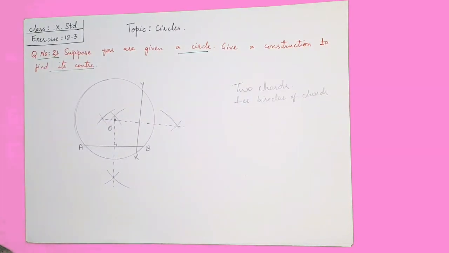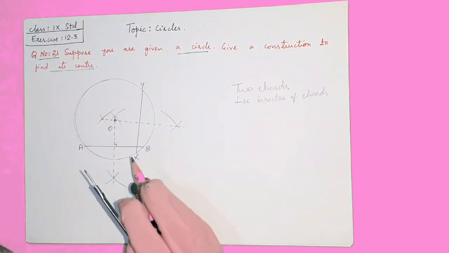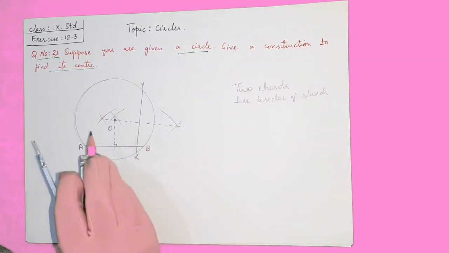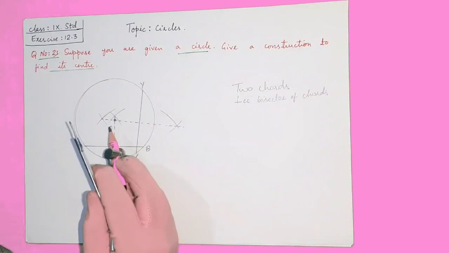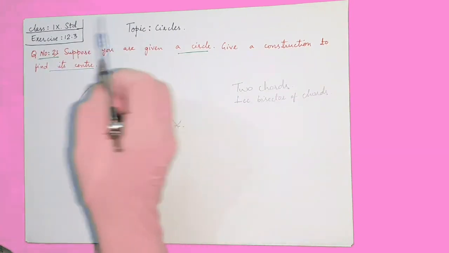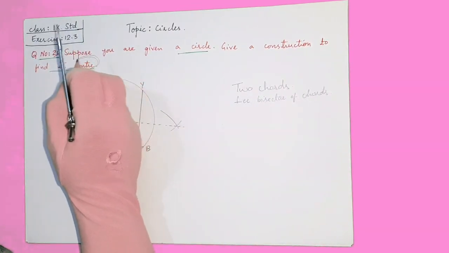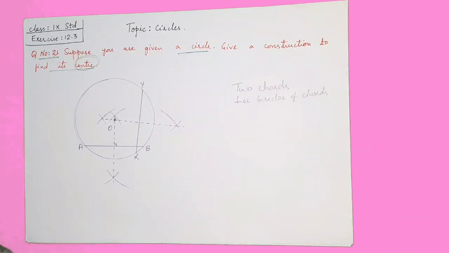So what we have done in this, पहले जो आपको सर्कल दिया हुआ है उसके आपको दो कॉर्ड्स ड्रॉ करना है. दोनों कॉर्ड्स के परपेंडिकुलर बाइसेक्टर ड्रॉ करना है. Where the perpendicular bisectors are meeting, जो दोनों परपेंडिकुलर बाइसेक्टर है जहाँ पे इंटरसेक्ट हो रहे, that point exactly indicates the center of the circle. तो अगर आप कोई भी सर्कल दिया हुआ है तो आप उसका सेंटर फाइंड कर सकते हो by using this method. Hope it is clear for you.